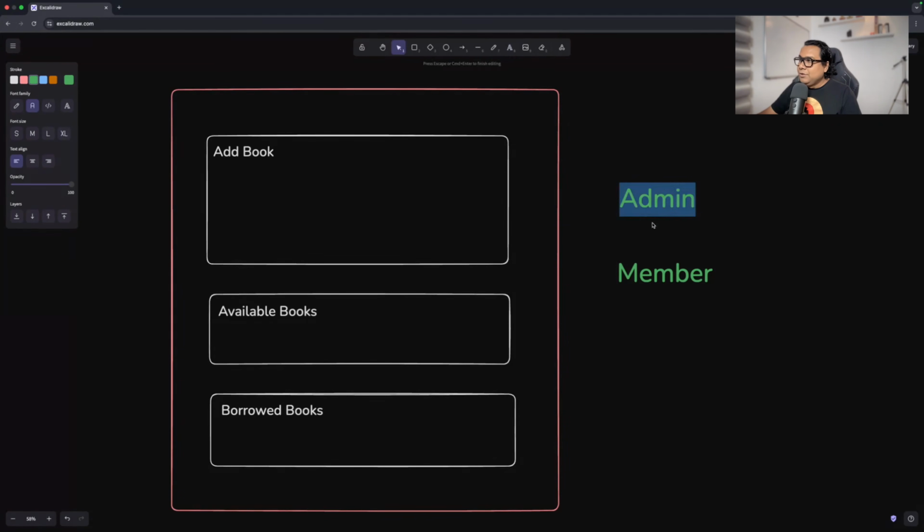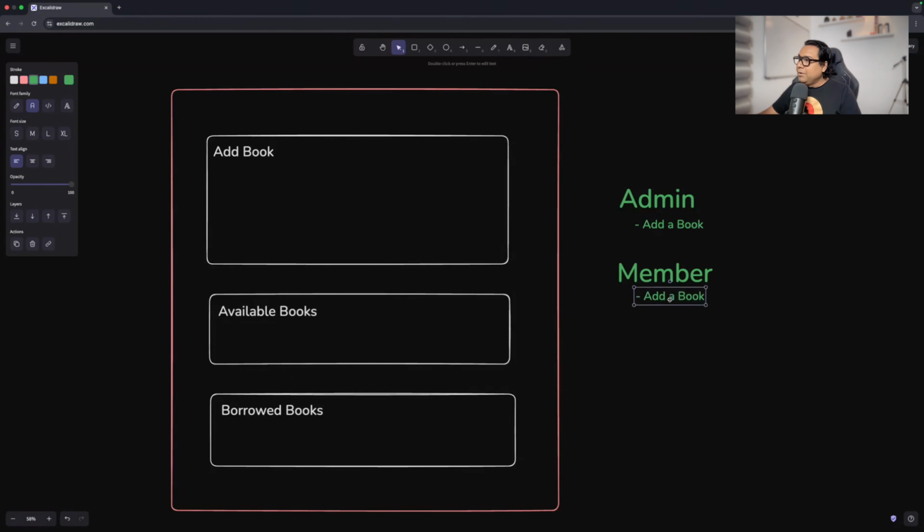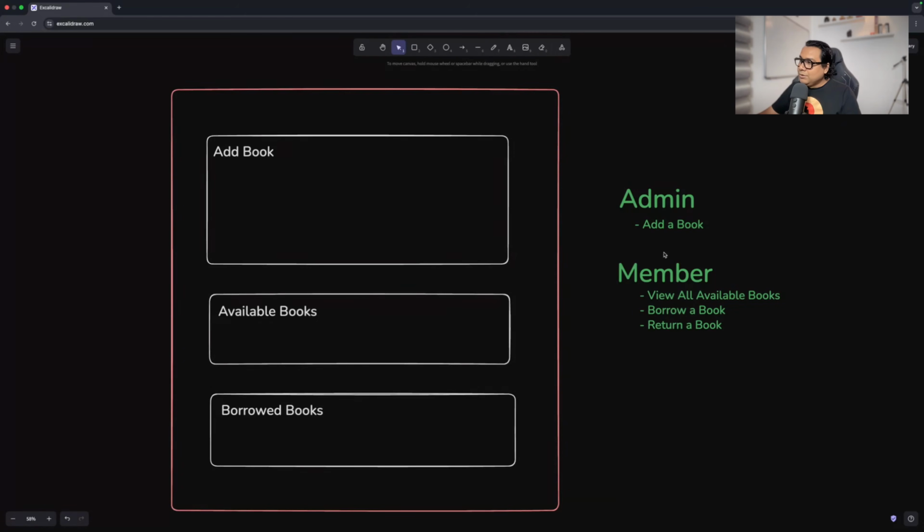What an admin can do: an admin can add a book, delete a book, update a book, all these things. But for our project's sake, we are only supporting add now. So admin can add a book. What a member can do: a member can view all available books. A member can borrow a book. A member can return a book. Okay. Now once a book is added, the admin would also like to see that the book got added correctly or not. So it means that the admin also should be able to view